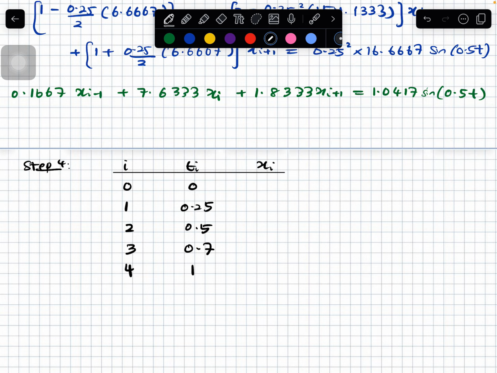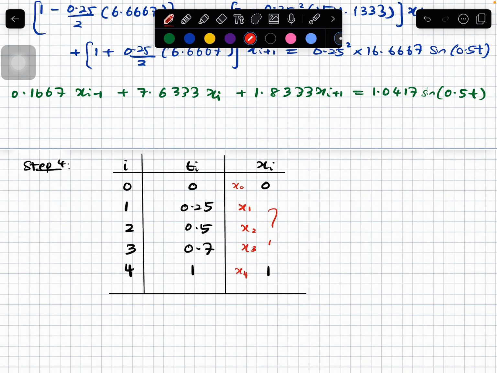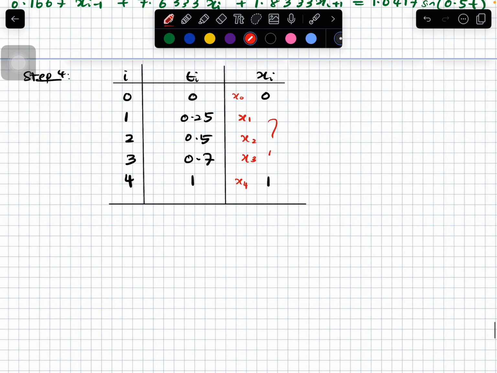and for the x value, the first value is given, right, which is x0 equal to 0, and the last value is also given, x1 equal to 1. So you have to find the remaining values. Again, note that this is x0 and this is x4. So you have to find x1, x2, and x3. What are they? Okay. So from here you can